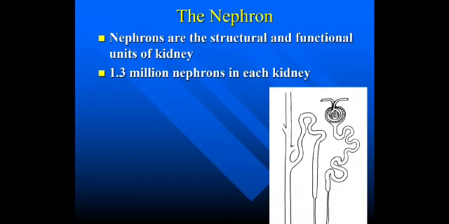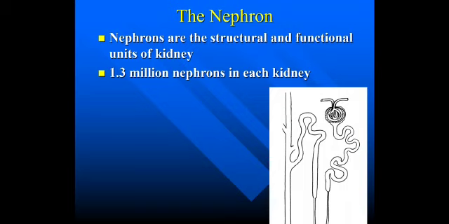The nephrons are the structural and functional unit of the kidney. There are around 1.3 million nephrons in each kidney, which has an afferent and efferent arteriole opening into a glomerulus, then forms a Bowman's capsule, which has a parietal and visceral layer, and it opens into the proximal convoluted tubule. There are two parts, pars convoluta and pars recta, and finally into the descending limb of Henle, the loop of Henle, the ascending limb, which forms the distal convoluted tubule, comes in contact with the afferent arteriole, forming what is called the